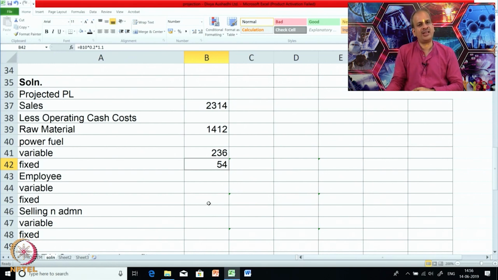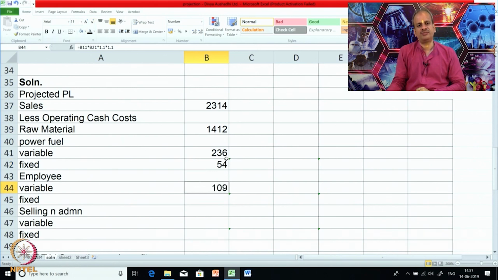Are you getting it? Please do it with me. Once you do for 1 or 2 items, then it is very simple. You can extend the same logic for other items. Okay. Now let us look at employee cost,